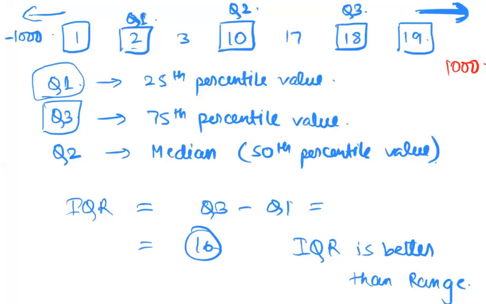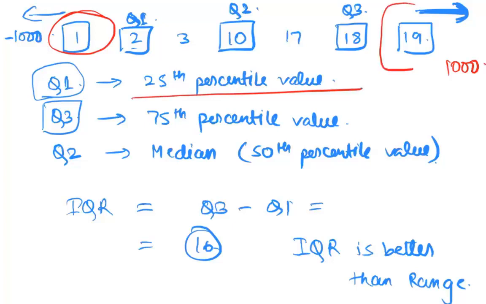So range as a metric for dispersion is again sensitive to outliers just like mean was, whereas IQR does not care about the starting 25% of the data because it starts off at the 25th percentile value, and it does not care about the last 25% of the data. So it only considers the middle 50%. It's a very good measure for dispersion or spread inside the central values. It leaves out 25% of the values on either side of the data.